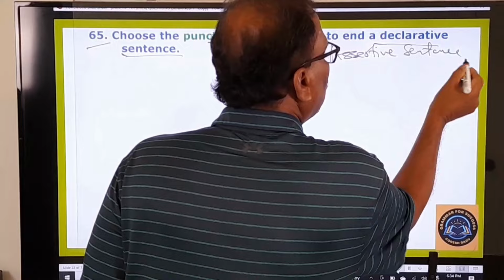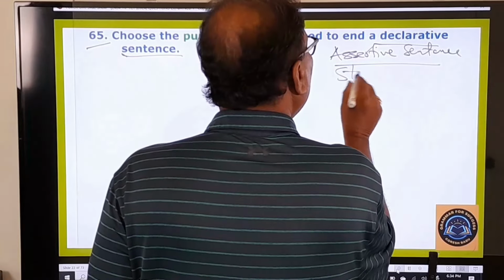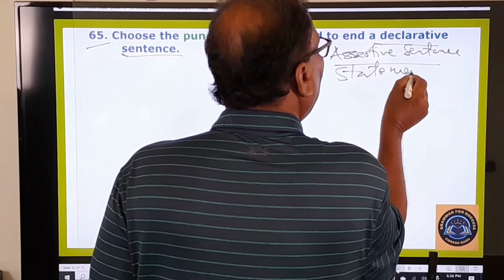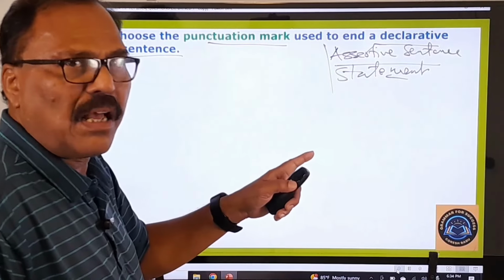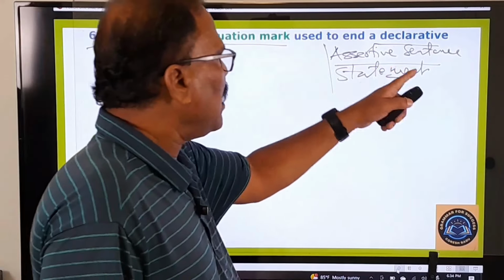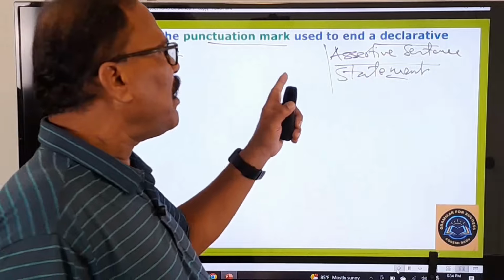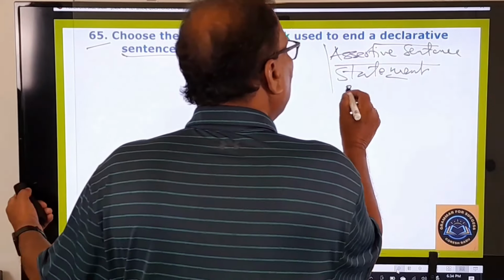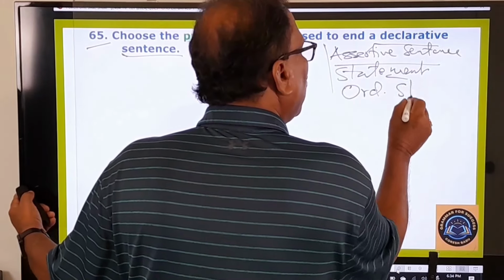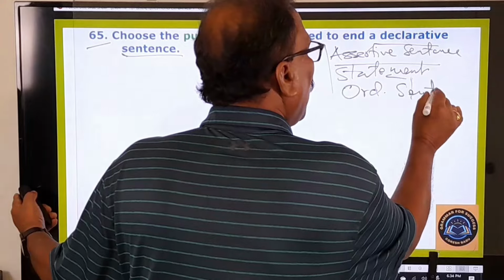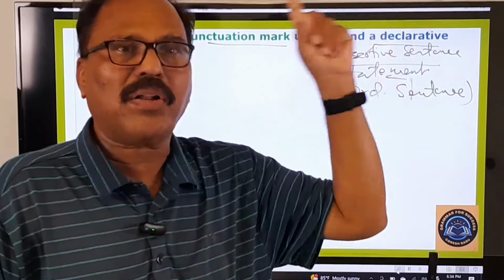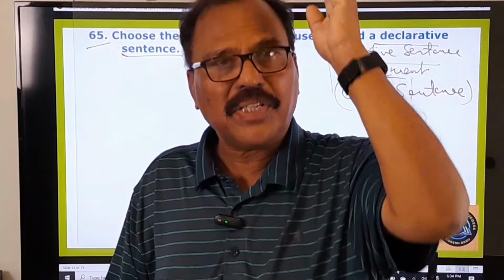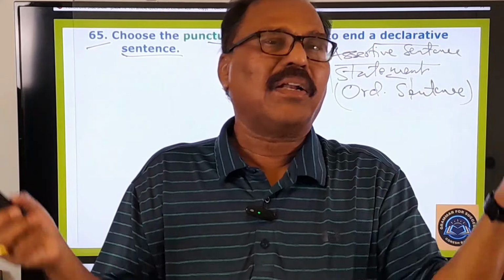Assertive sentence. You can also call it a statement. This declarative sentence has two other names, assertive sentence and statement. What do you mean by that? It is nothing but an ordinary sentence. Whether you call it a declarative sentence, an assertive sentence or a statement, it is nothing but an ordinary